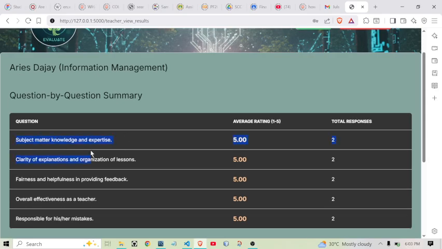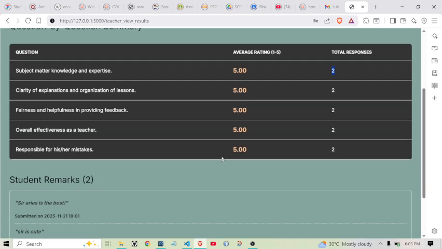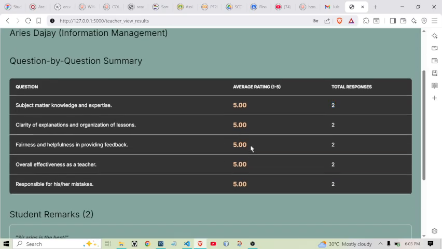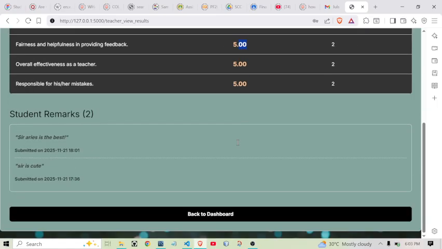So question number 1, you got the score of 5 out of 2 respondents. So wow, this teacher is really applaudable, or we call this one student's favorite, because he got a total of 5.